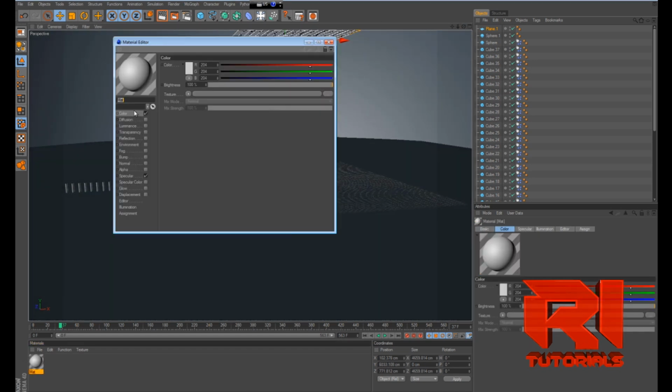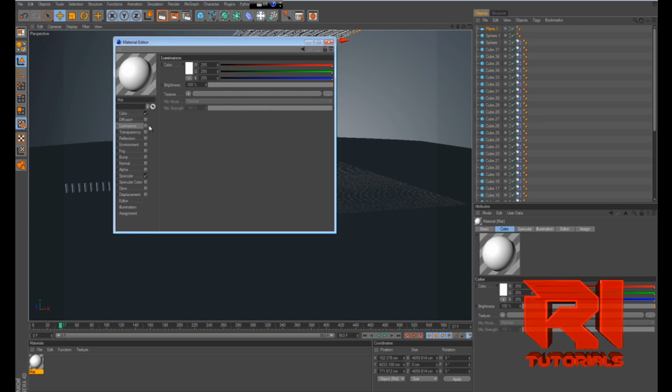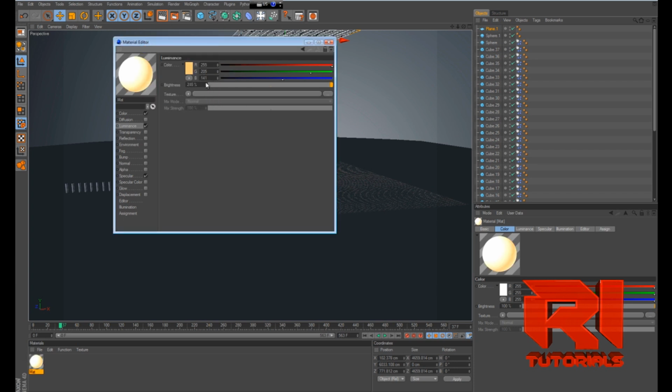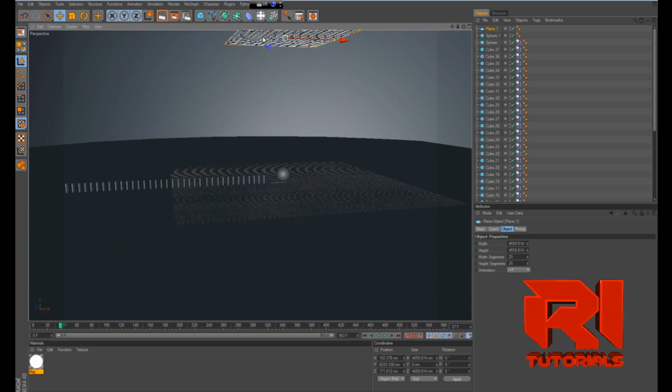Double click on the material, go to color white, and go to luminance, select luminance, color, I guess a little bit of orangish, and increase the brightness to 350. And now copy and paste this plane,